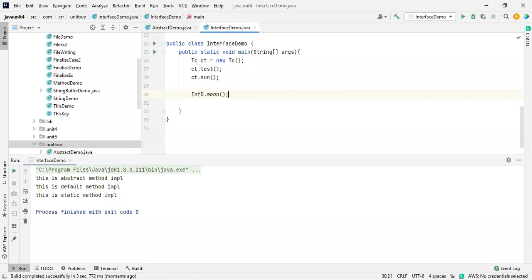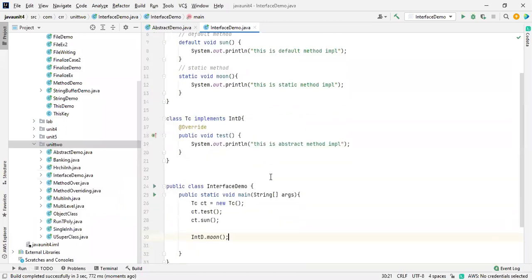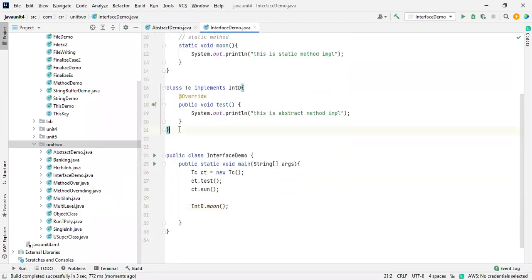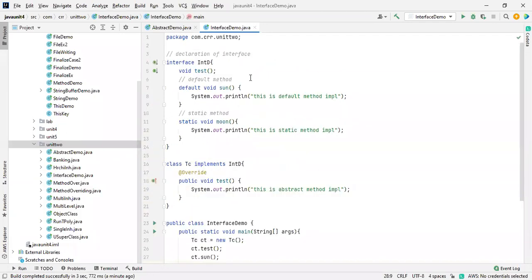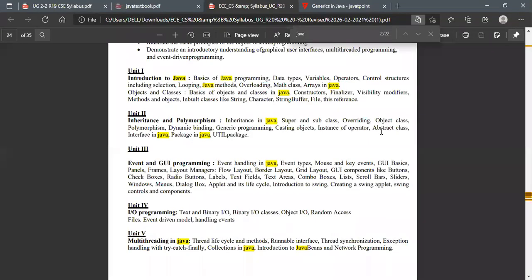Okay, abstraction and interfaces have been done. Make sure you go to the textbook that I shared with you. I think today we covered a lot. Let me show you one thing. Okay, so abstract classes and interfaces have been done. The packages in Java and the util package, we are going to discuss in tomorrow's session. After this, we are going to discuss these three topics.